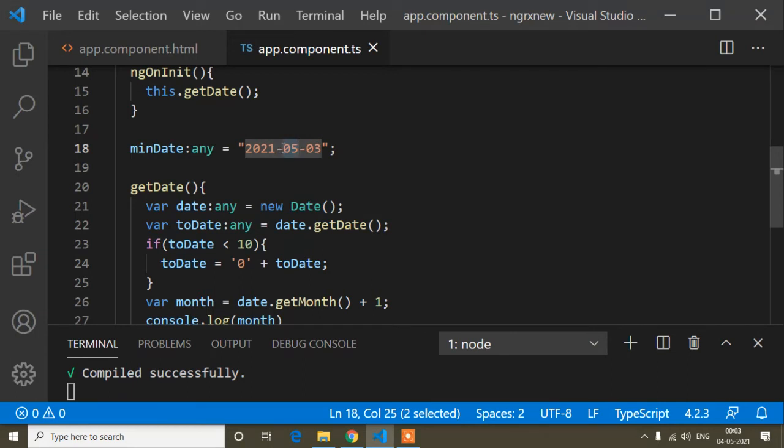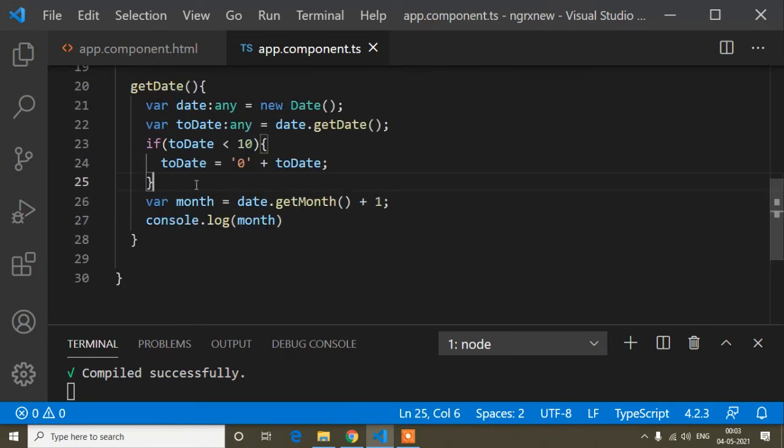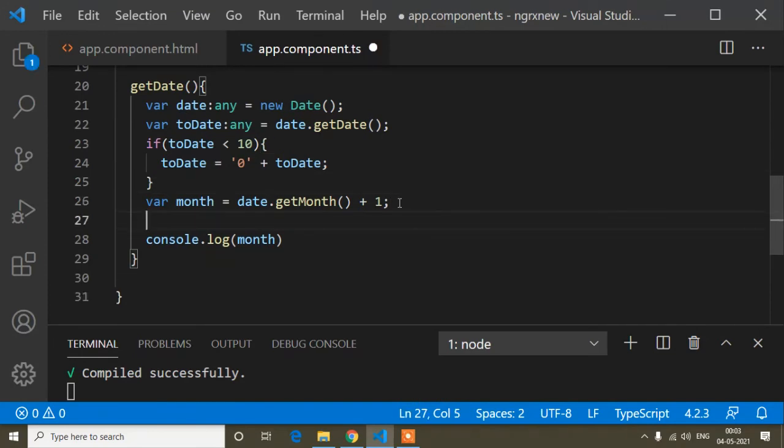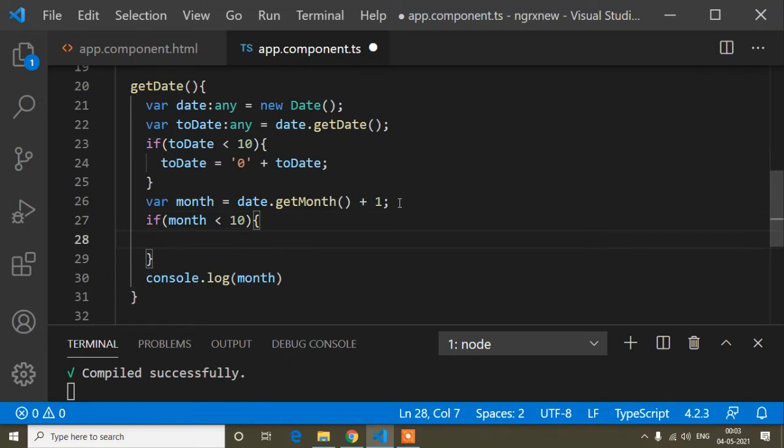In the month it takes 2 digits. So for that, in the same way, here we have to write an if condition again. So if month is less than 10, because I said that less than 10 means it's a one letter, or you can say one character, but after 10 it's 2 digits, or you can say 2 characters.